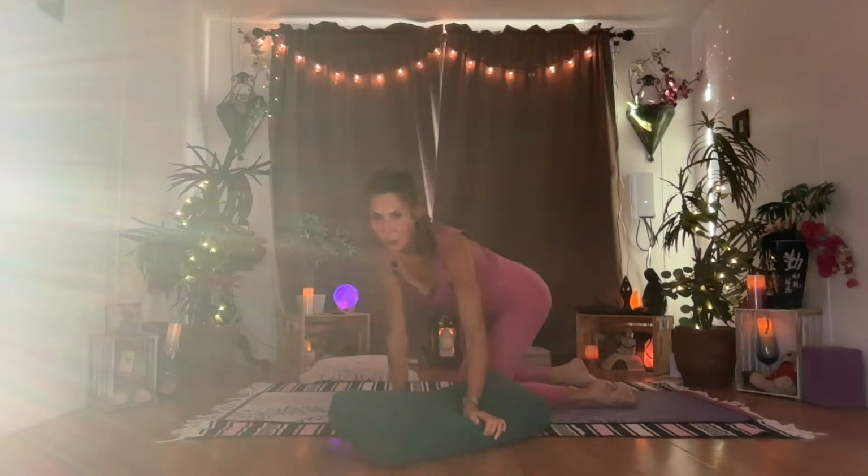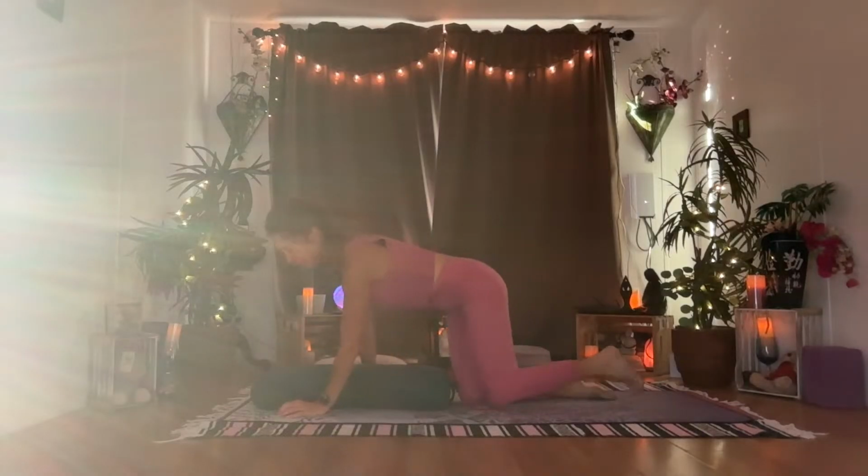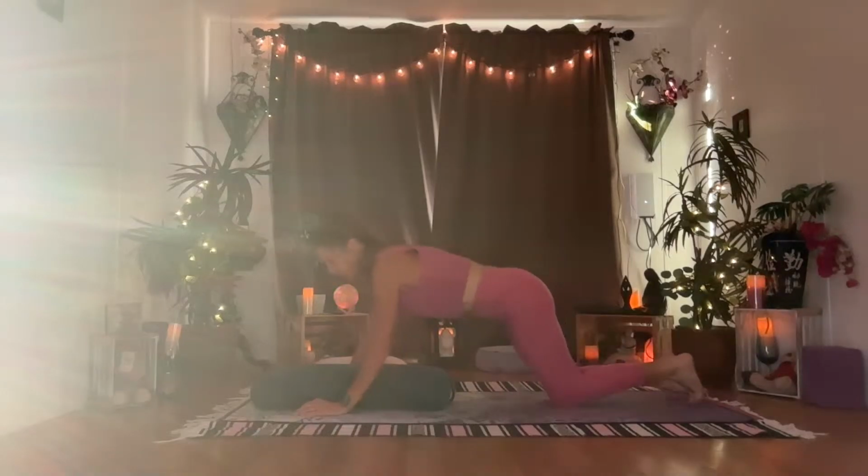It's a weird kind of time of day with the light, the sun setting, and it comes right through a window here. So I apologize for the bad lighting, but in any case,